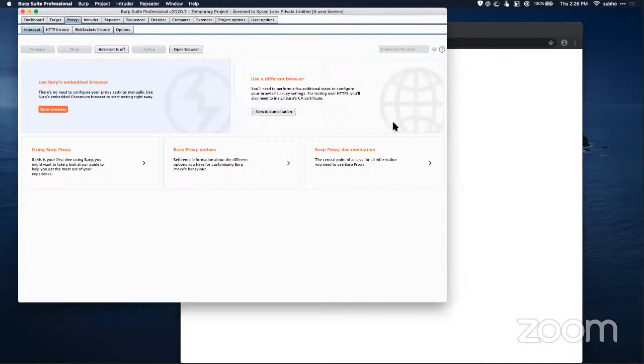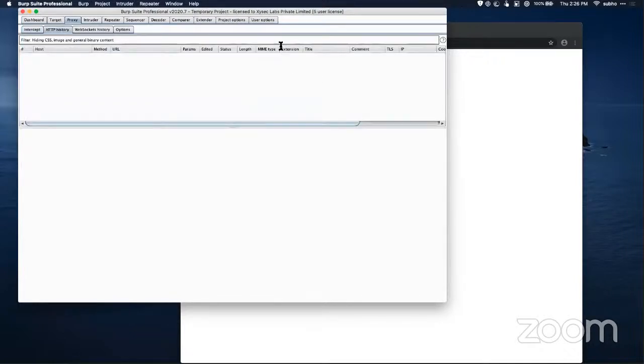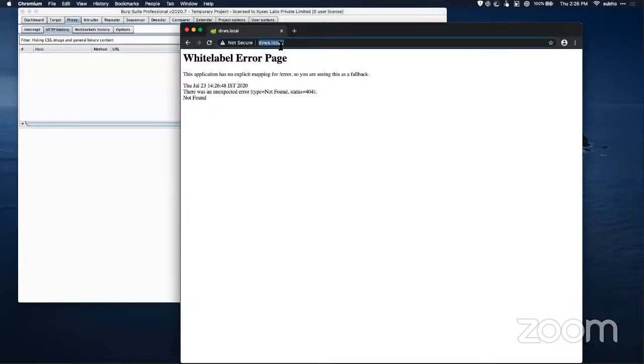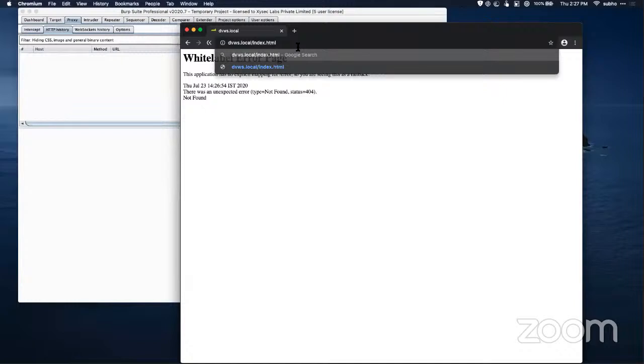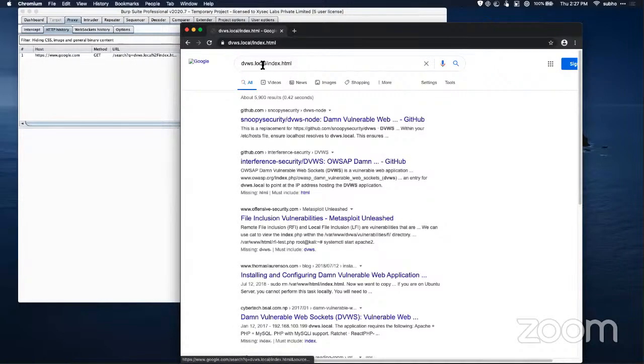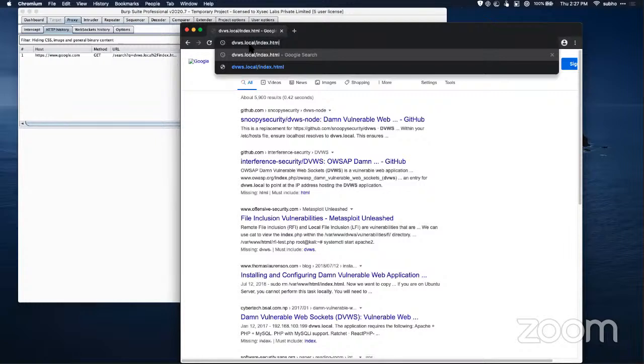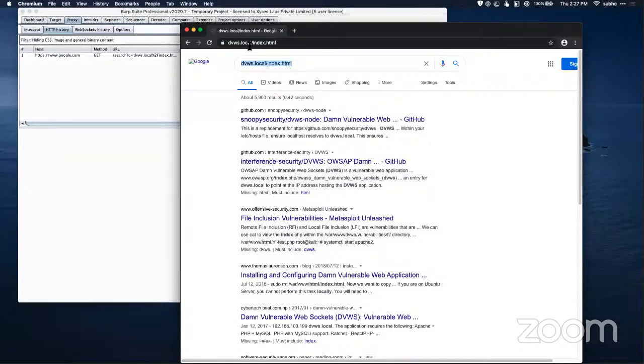I'll just switch off the interface once again and try to go over here. Okay, so index.html, that's the place to go. But this is where my thing is running, my vulnerable web service is running at this